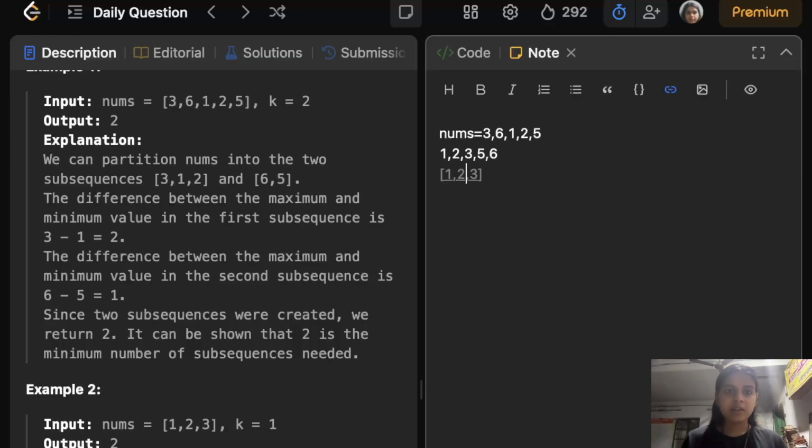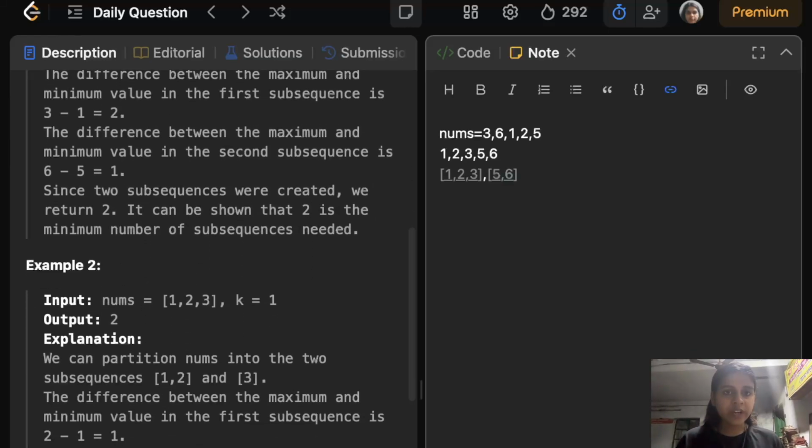To get the other subsequence we take the remaining elements: 6 minus 5 is 1, which is less than k, so we can take this. So the number of subsequences is 2, so the output will be